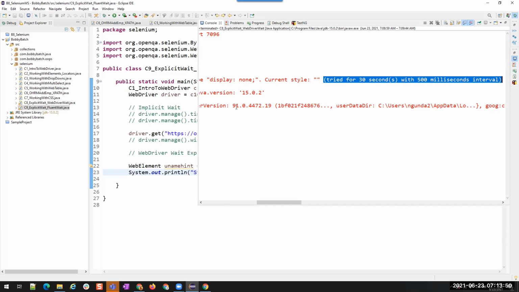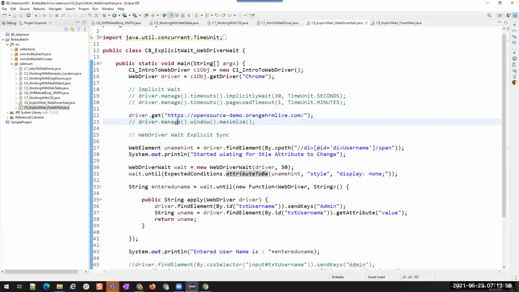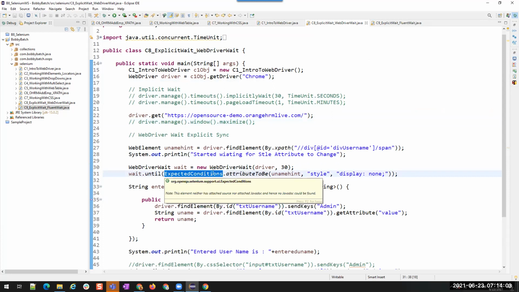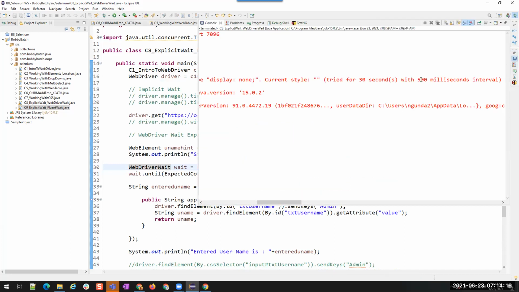Yeah. So in that configuration, we don't have options to update the interval to check the properties or expected conditions in WebDriver Wait. Fluent Wait helps us configure those things. Fluent Wait helps us in changing those settings. Now, WebDriver Wait by default checks every half second. We will not be able to change this in WebDriver Wait.